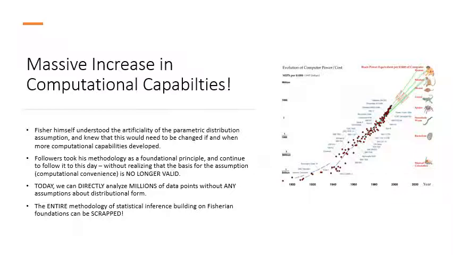If you examine the original writings of Fisher himself, he was aware of this possibility, that his methods would no longer be necessary if there was a suitable amount of computational power available. But later on, his followers just took his framework for granted and never examined the reasons, and it has become firmly entrenched as statistical orthodoxy, and nobody today questions why we make this assumption. So the entire methodology which has been developed over the past